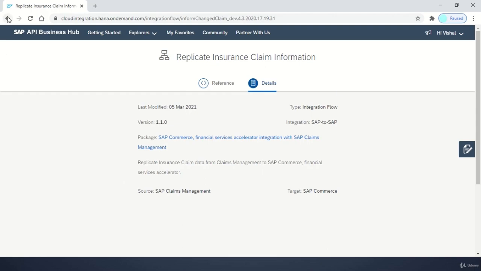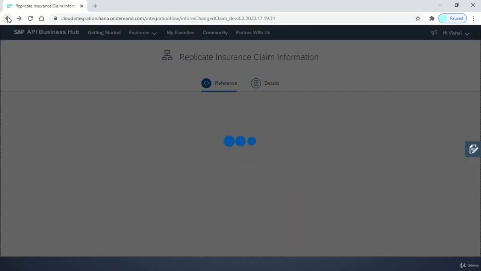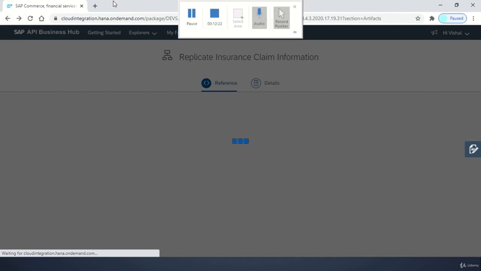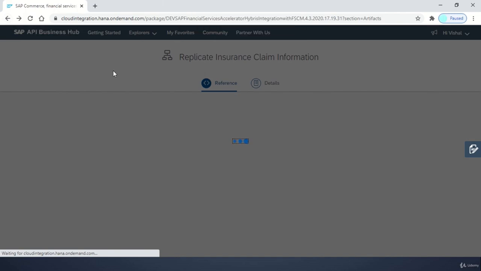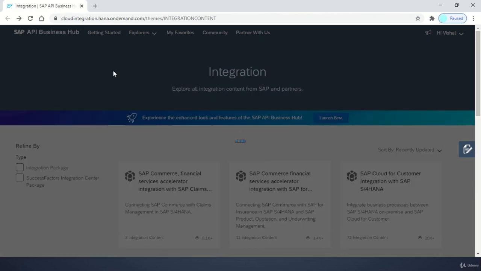So not just this one, guys. If you go to this particular website which I have shown earlier, you will be able to find various integration solutions which SAP has pre-delivered so that it can be used easily within the business. All we need to do is just copy this entire stuff and then replicate it, copy it and modify it so that it is suiting our business needs and then use it in our landscape.